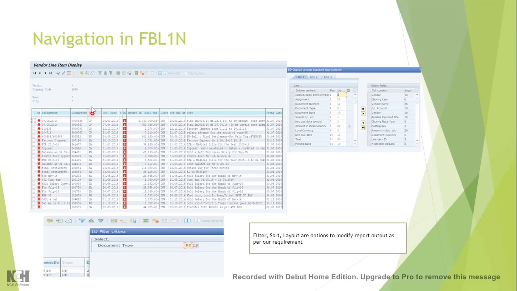Then apart from this filter criteria, these are the options you have. So this is a filter. These two are for sorting, and then these three are for the layout definition. So as you can see here, the fields which are visible here come on the left side. On the right side you have many other fields which you can move to the left side by selecting them and clicking this left button. If you don't want any of these fields, just select this field and then click this button, so it will go away. So filter, sort, layout, these are all different options to make your life easier in generating the report.